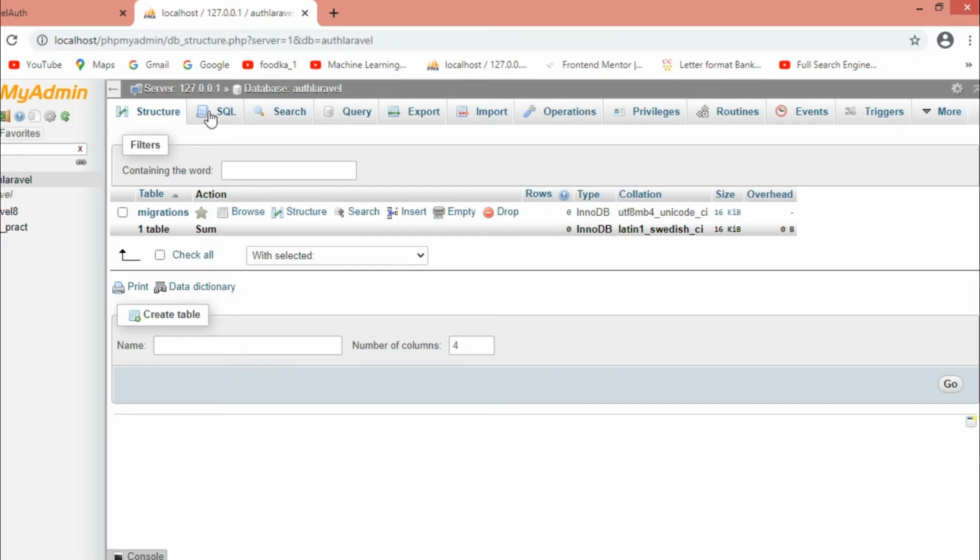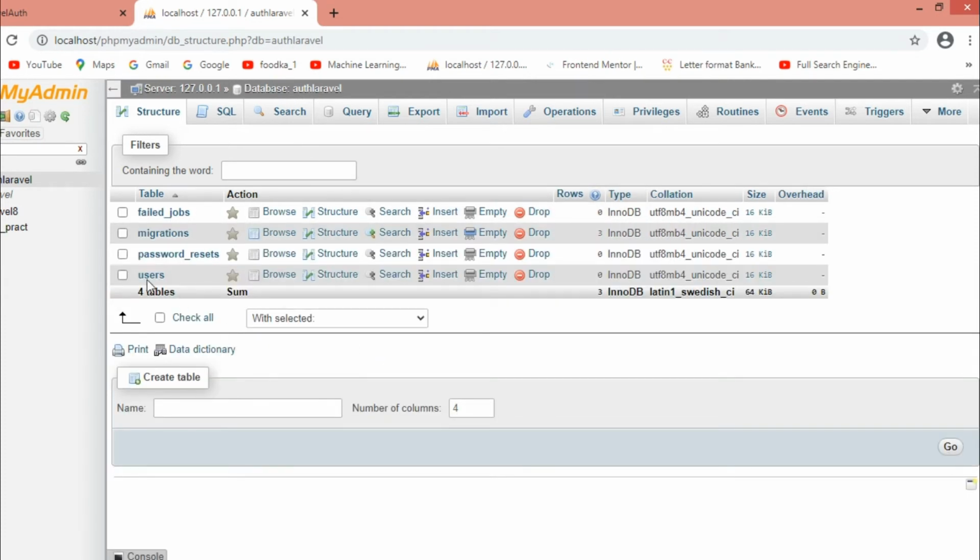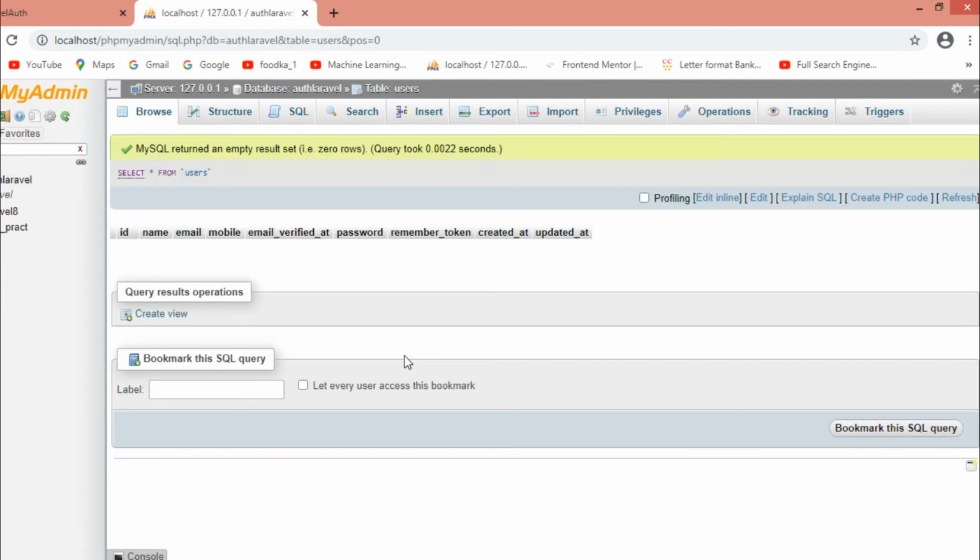It is successfully done. Let me refresh this table. Now when we go to the users table, we'll be able to see mobile.